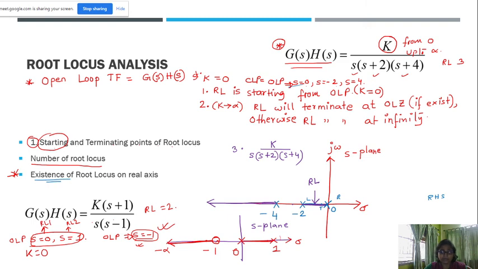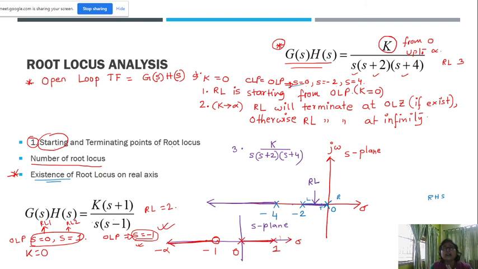So what we have done, we have done the root locus analysis following the Evans condition. Now there are certain generalized rules to construct a root locus. First we have to draw the root locus by varying the value of K. What is K? K is DC gain. We will vary the value of K from 0 to infinity.